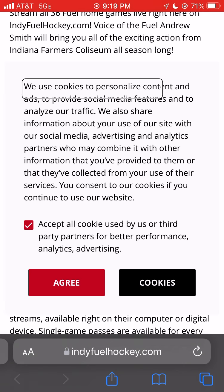This is Indy Fuel Hockey. Second intermission at the Indiana Farmers Coliseum. The Indy Fuel leading the Kalamazoo Wings 7-4, and it seems like whenever there's a really wild one here at the Indiana Farmers Coliseum, Kalamazoo's the opponent. And we've got another barn burner taking place on Teddy Bear Toss night as the Fuel scored 4 times in